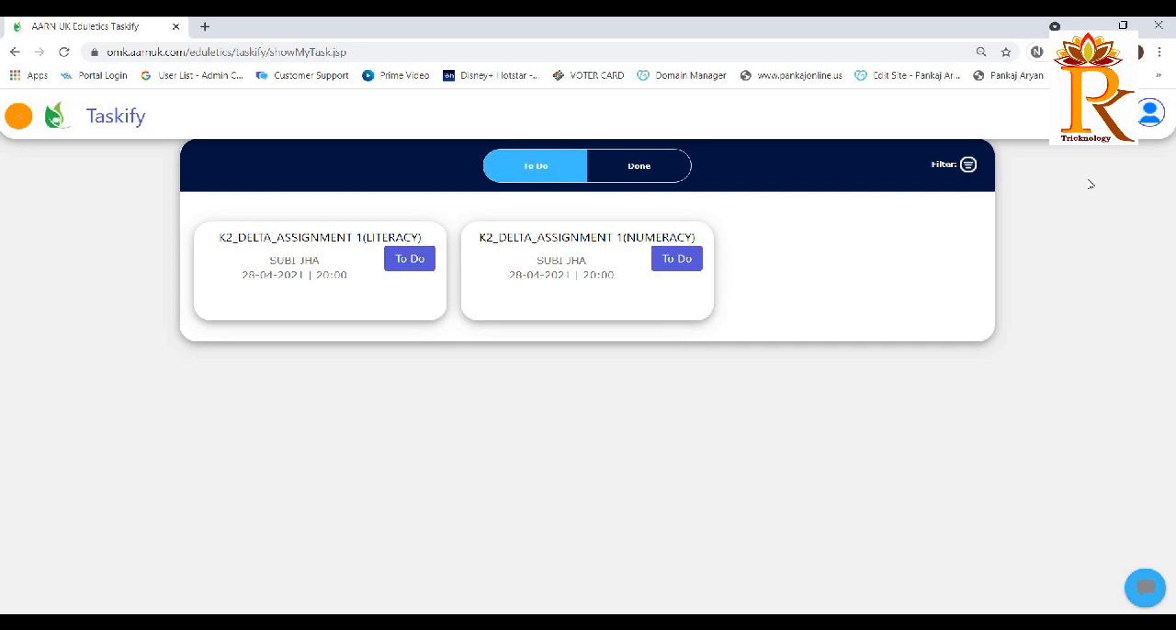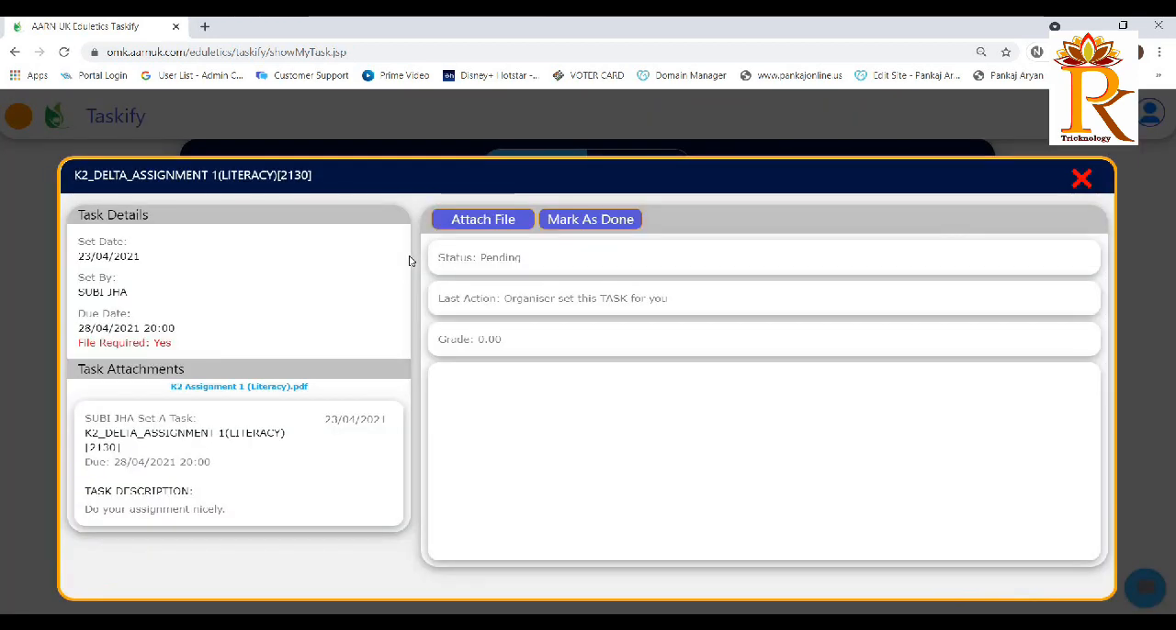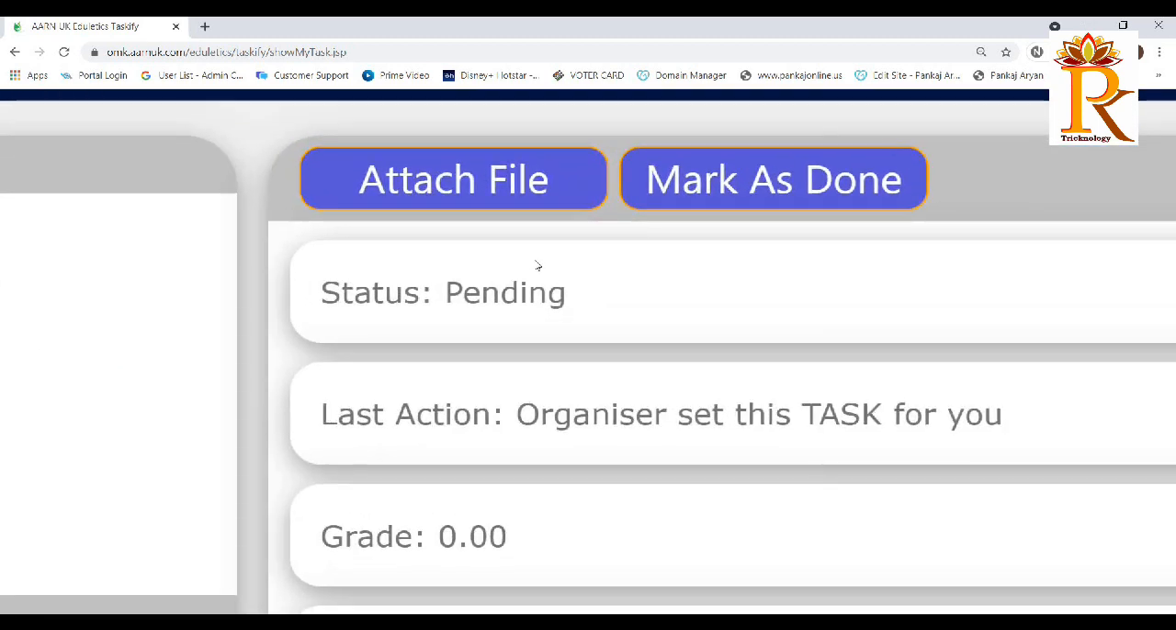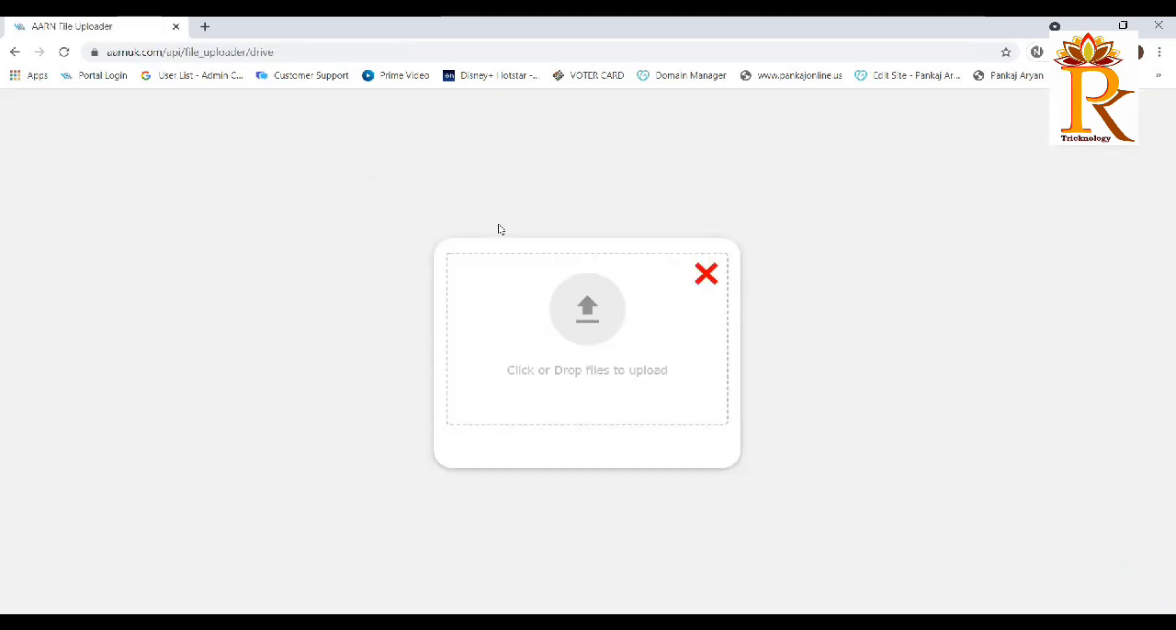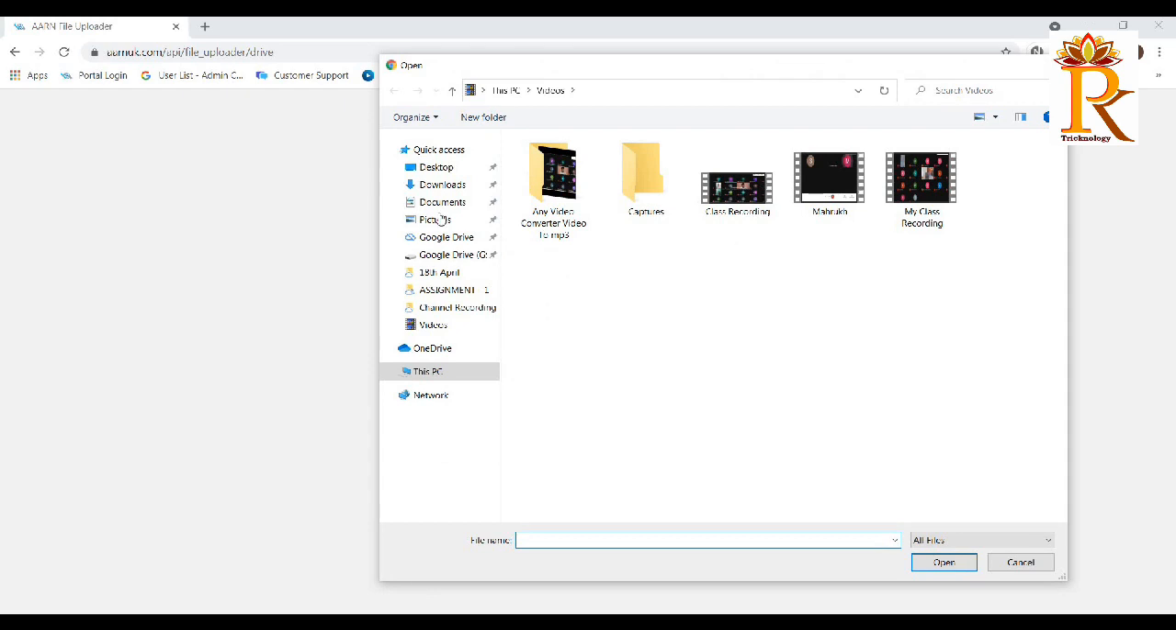Now our PDF is also ready, so we need to again log in the Edulytics, go to the Taskify, and then again the same task, click on to do. Once we click on to do, as you can see on the screen, we have attach button here, attach file. So we need to click on attach button. Once we click on attach, then this upload button will appear. You need to click here, and then